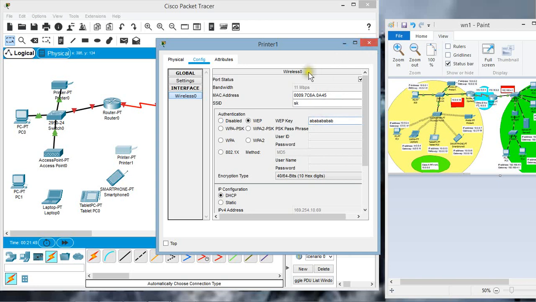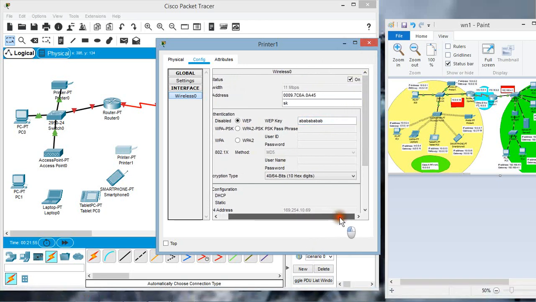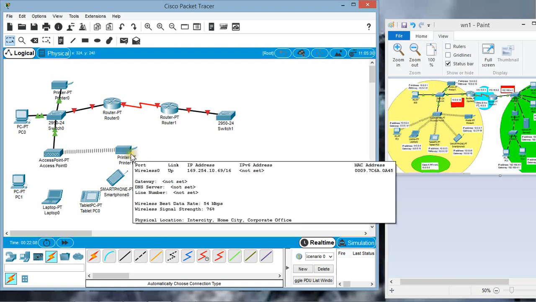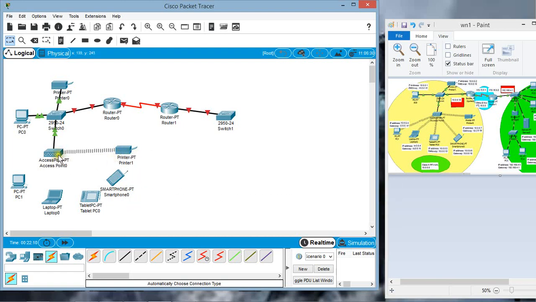Before closing, check whether the port status is up. It is up, so close it. As soon as you configure the wireless card on this printer, that printer gets wirelessly connected with the access point.